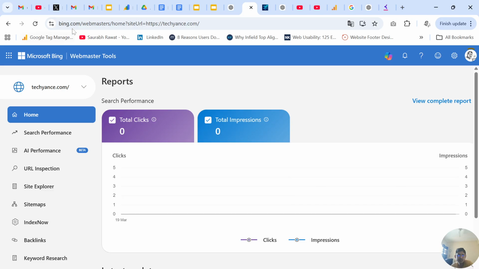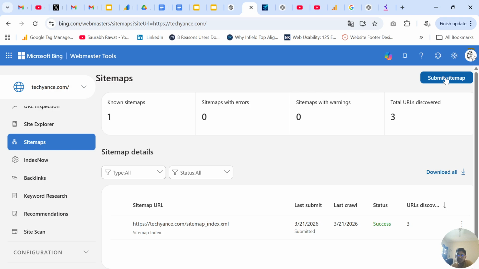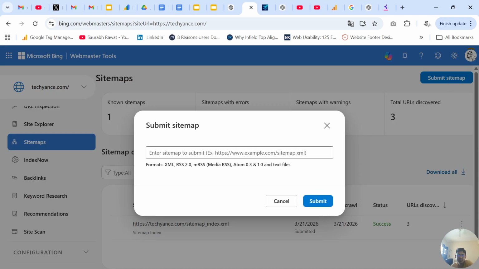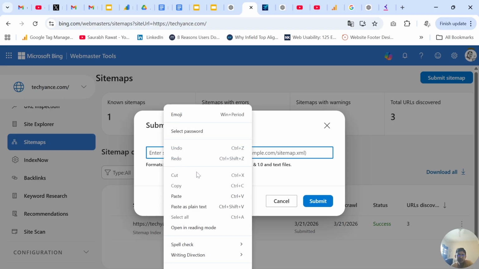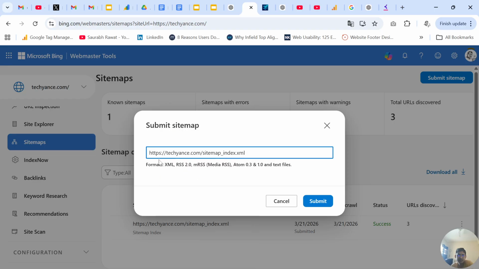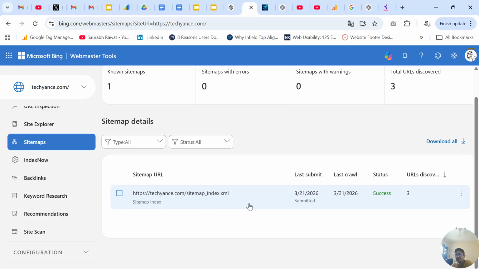You have to log in to your Bing Webmaster, then go to Sitemaps, click Submit Sitemap, and copy your sitemap and paste the URL here. It should be an absolute URL with HTTPS, and then click Submit. After a few days you can see your crawling status or errors if you have any, and then you can analyze